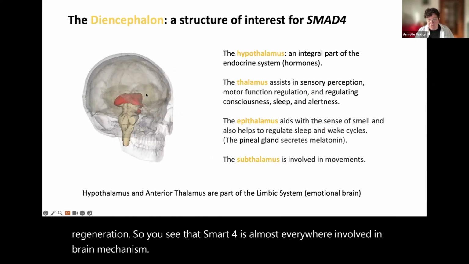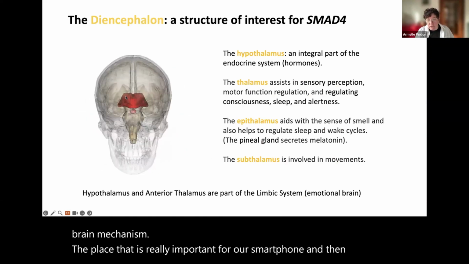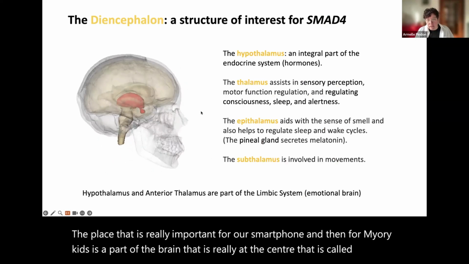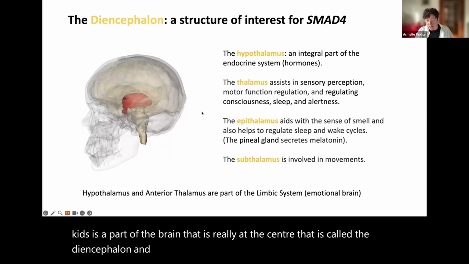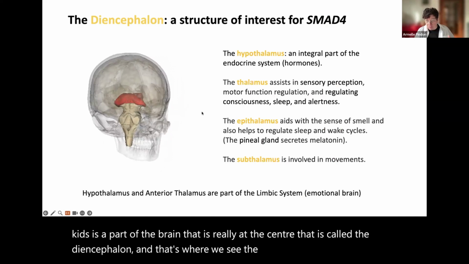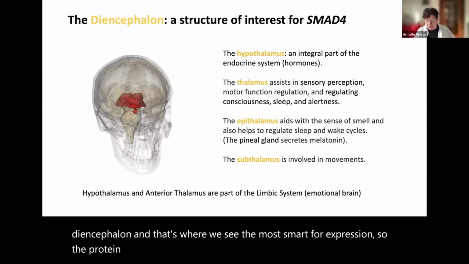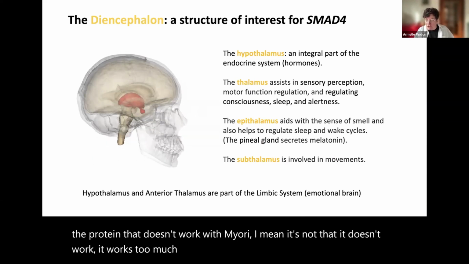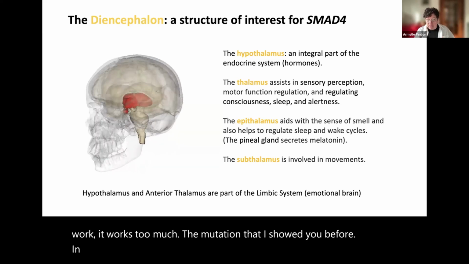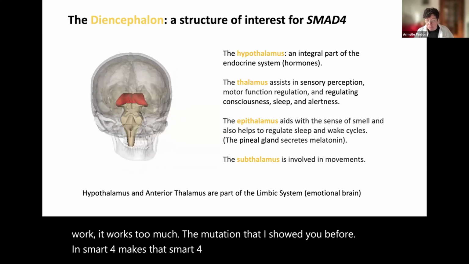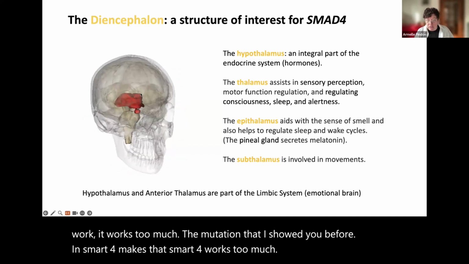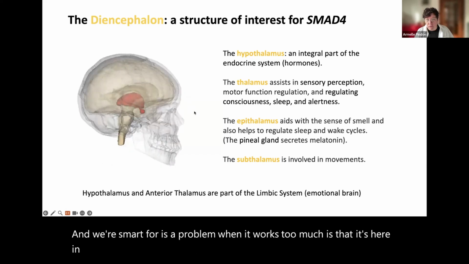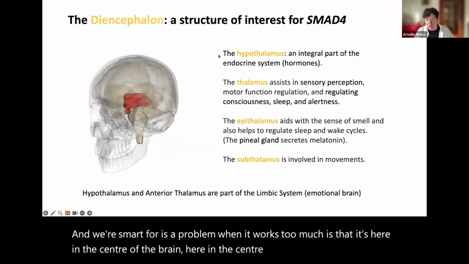The place that is really important for SMAD4, and then for Myhre kids, is a part of the brain at the center called the diencephalon. That's where we see the most SMAD4 expression. The protein doesn't work with Myhre, I mean, it's not that it doesn't work, it works too much. The mutation that I showed you before in SMAD4 makes SMAD4 work too much. And where SMAD4 is a problem when it works too much is here in the center of the brain. Here in the center of the brain, you have the hypothalamus